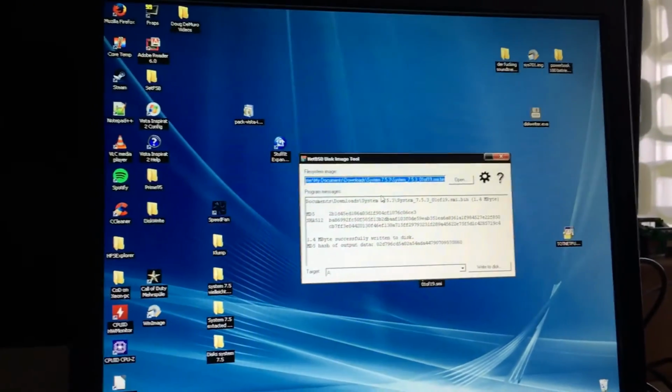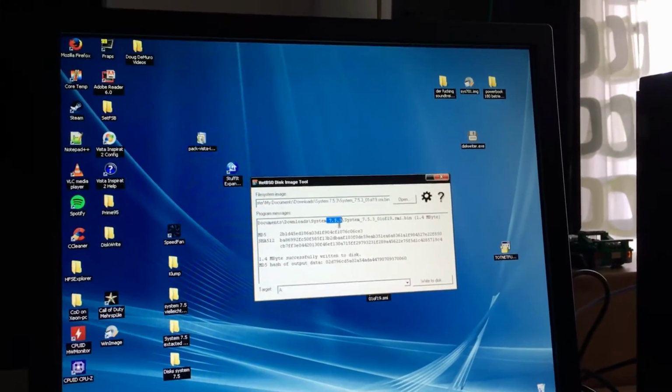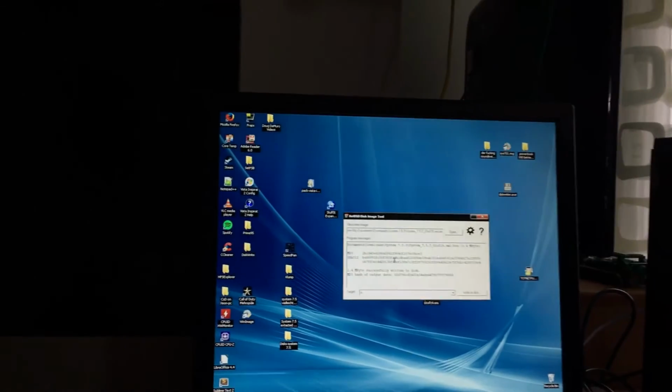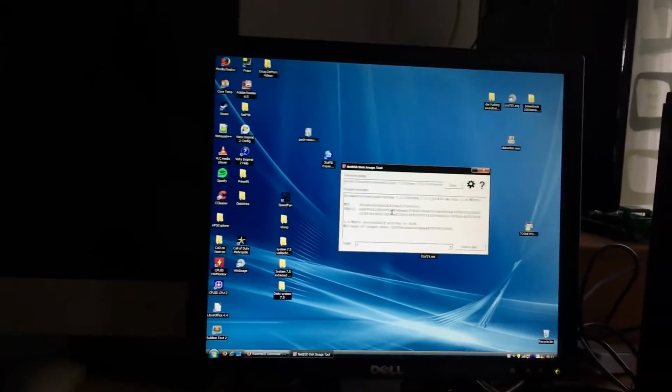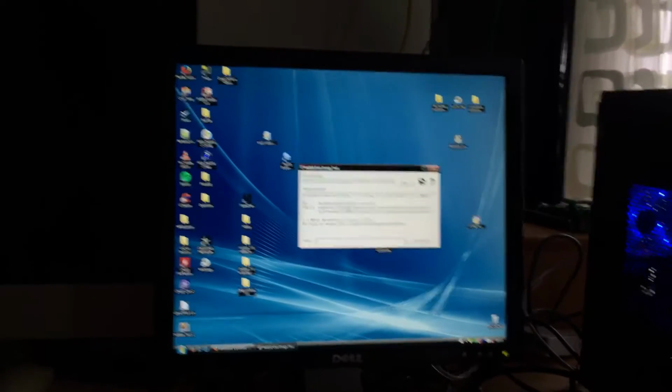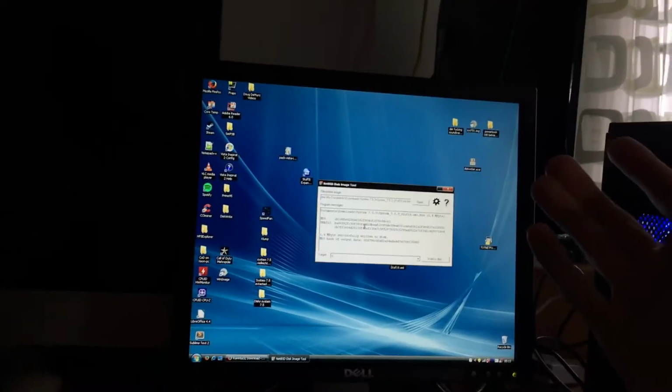Also, these System 7.5.3 images are very hard to come by. I had to research quite a long time. They always write quite amazing guides, but they never provide files. Well, obviously, because I think it would be piracy. But still, I mean...